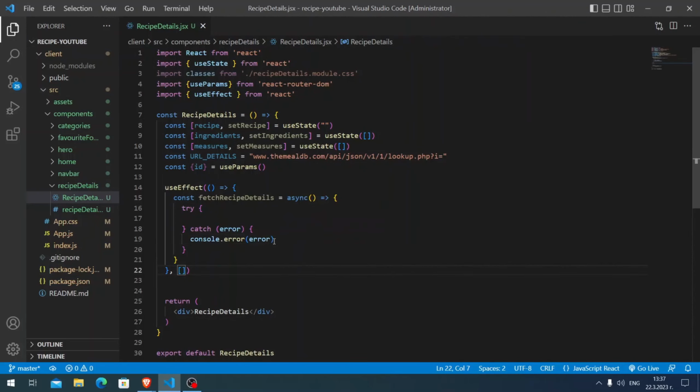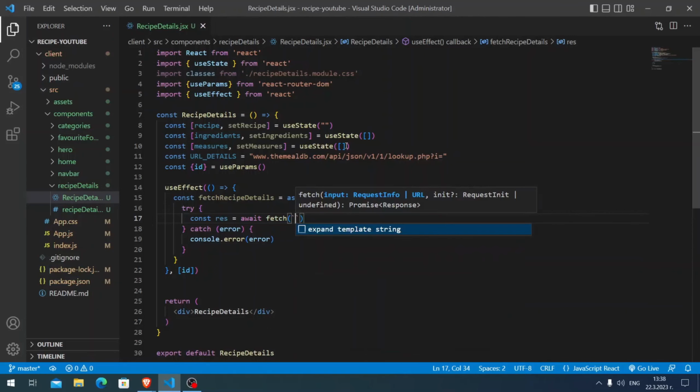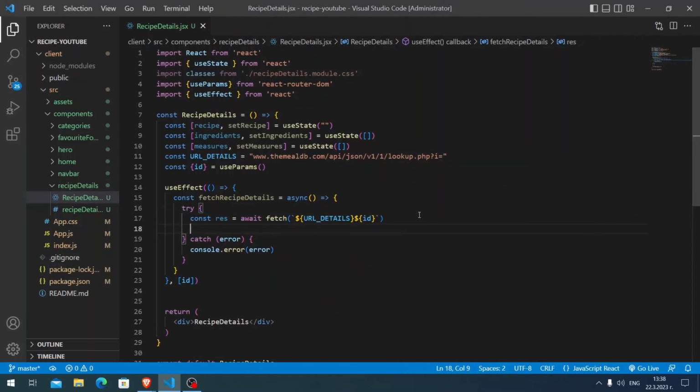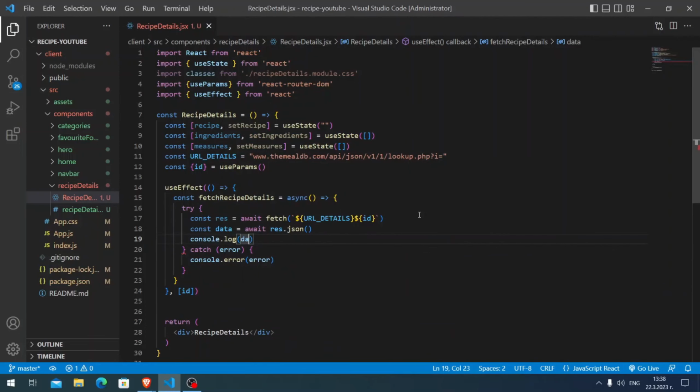Let me make the ID here, and for the try block, const response is equal to await fetch URL_DETAILS and then the ID. So this is how we're going to do it. And then const data is equal to await response.json, and let me console log the data here. But of course we need to call the function, so fetchRecipeDetails,